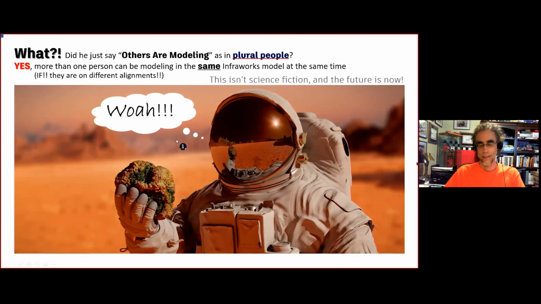And I was going to say, a lot of people can work in this model at the same time. What? Are you kidding? Yes. Cool thing about this, more than one person can work in InfraWorks at the same time, which is very similar to Revit. As long as those people are working on separate alignments, not the same alignment, but working on a bridge on a separate alignment, multiple people can work on bridges and sync. It's pretty cool. Definitely great at collaborating and working in the one model.